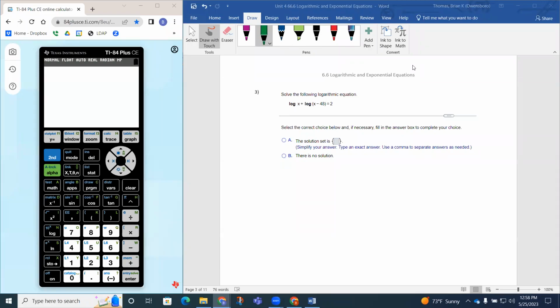So question 3 says solve the following logarithmic equation. So what I'm saying again is using the properties of logarithms, since this is addition, I could put this together as a single logarithm. So I'm gonna rewrite this problem down here. So the log of x, that's a base 10 logarithm, plus the log of x minus 48 base 10 is